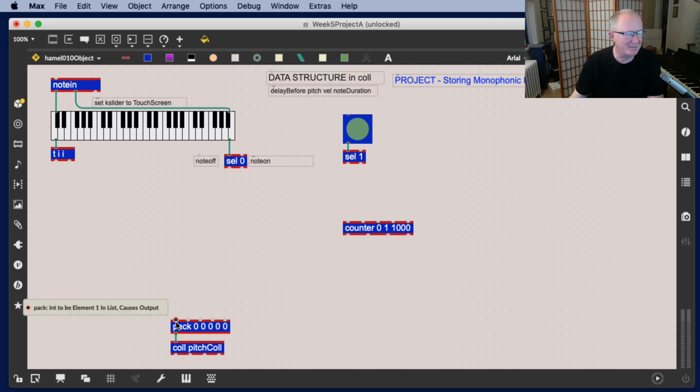The last thing we want to do is to bang the first inlet of the pack, and before we do that, we need to make sure that all that data has been put in there. All right, next,